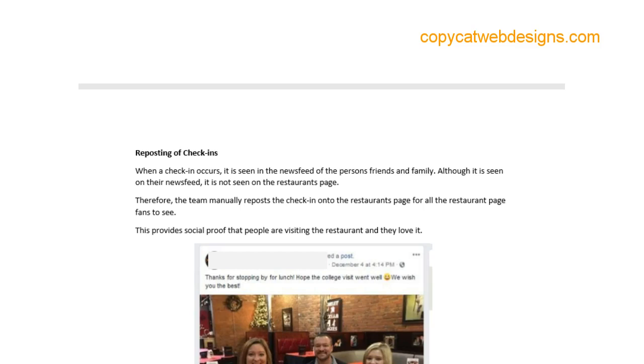I mean, this is almost like a type of retargeting, if you will, only through people that already come to your restaurant. So you're working smarter and not harder. You're actually capitalizing on the people that are already coming into your restaurant, and you are advertising on their news feed, and it is reaching out to the hundreds of people that are connected to them in that particular area,